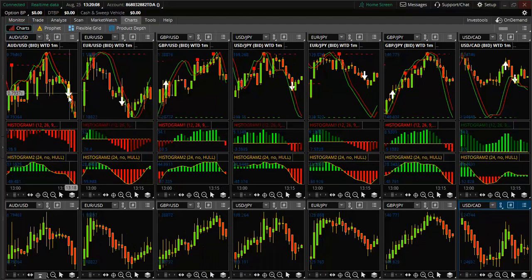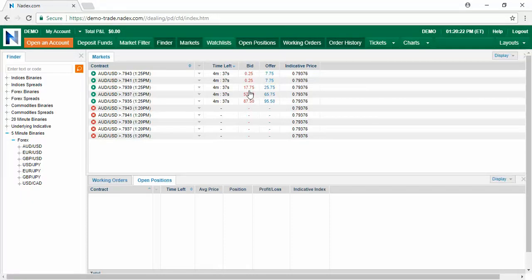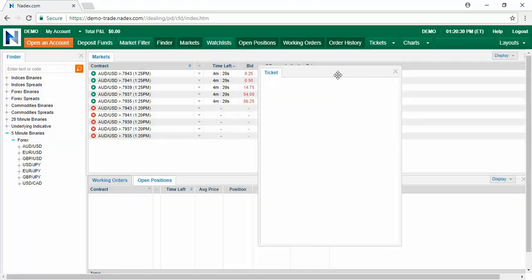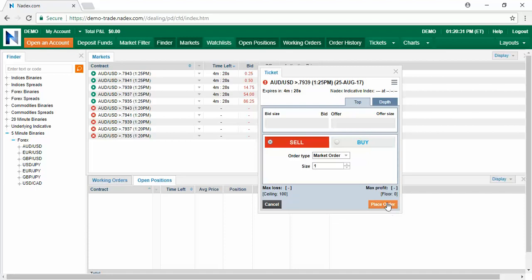Okay, I did get a signal here. I don't really want to take this trade, but I'm gonna go ahead just so we can get in the trade. I would take a sell on this because everything lines up. Let me get in the sell and then I'll explain it. That was the Aussie JPY because it's only a $17 profit. I would want a much higher profit, so I'm gonna go ahead and take the trade just to execute it. I normally don't take trades with a $15 profit with using this system, but I just want to show you